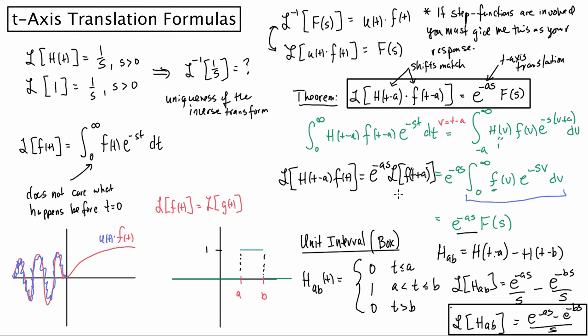Now, to see where that's coming from, notice that the effect that the transform has on f of t minus a is it adds a to it, because if you take f of t minus a and you add a to that, then that's f of t, which is what the transform is, the function f of t. So it's the same thing here. I have the function f of t, and the step function h of t minus a is adding a to the transform. So I'm not taking the transform of f of t any longer, I'm taking the transform of f of t plus a. And so together, these three boxed formulas I have on here completely describe